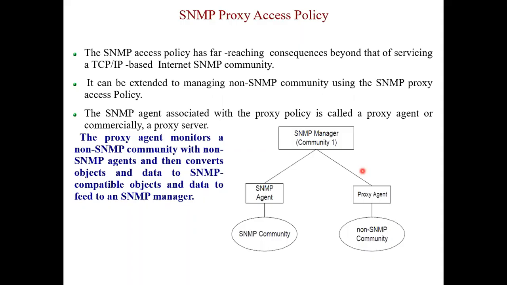Bilingual, bi means two, lingual means language. So a manager who can handle bilingual language. Okay, that is version 1 ka language and version 2 ka language. So apart from proxy agent, I also have one more component called the bilingual manager, which can handle the compatibility issue of version 1 and version 2. Okay, version 3 altogether different thing. So उसमें proxy agent भी काम नहीं आएगा और bilingual manager भी काम नहीं आएगा.